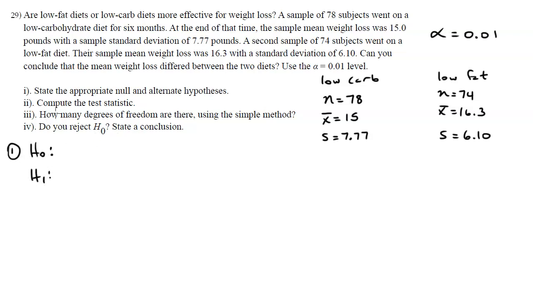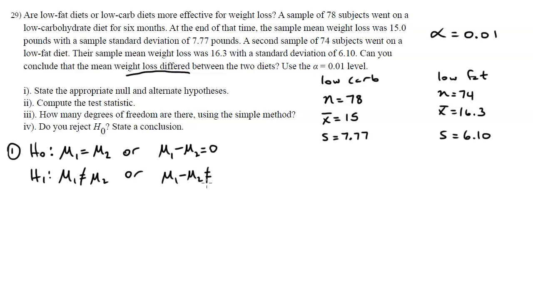The null hypothesis is that the means for these two diets don't differ at all. They're actually the same. Mean 1 equals mean 2, or you can also say mean 1 minus mean 2 is 0. We spoke about that in a problem before. Alternative hypothesis, mean weight loss is different. So mean 1 is different from mean 2, or mean 1 minus mean 2 is not 0. Null and alternative hypotheses. Step 2 says